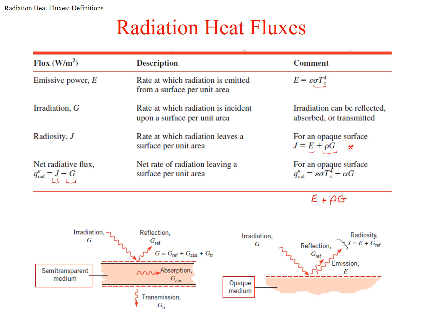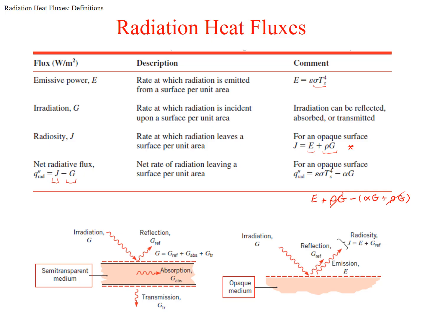So that's for my J, and then minus the G, irradiation. And I know my irradiation is actually two components for an opaque surface: a combination of my absorbed irradiation and reflected irradiation. So if you cancel this rho G with this rho G,